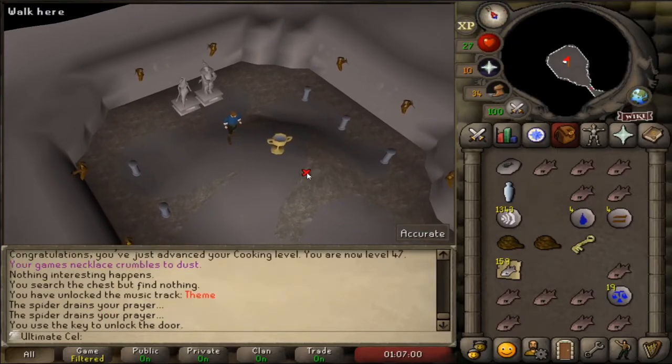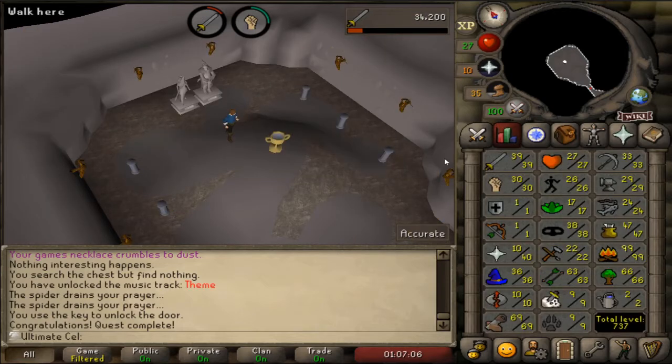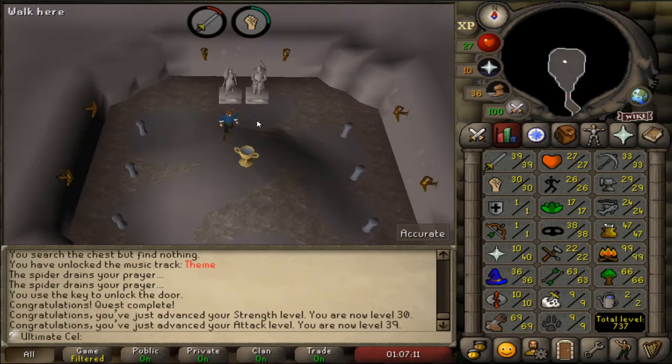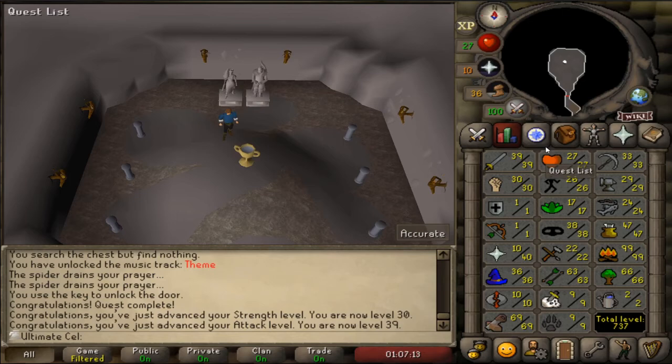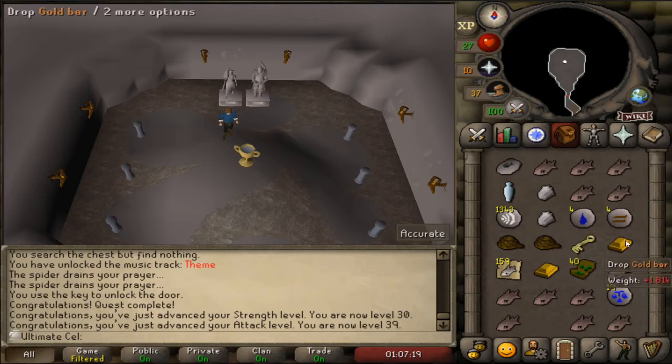Alright, this should be it. There we go, Waterfall is finally done after a bunch of other stuff we ended up doing, including our first 99, which is kind of crazy to me, but it's kind of how you do things on Ironman and Old School, I guess. Anyways, huge quest out of the way. I don't think I'm going to risk finishing up...